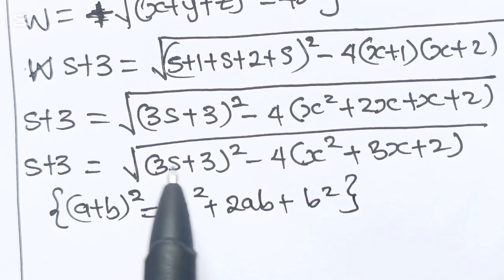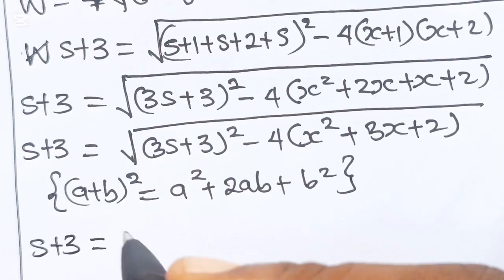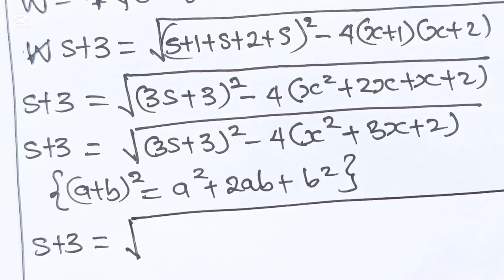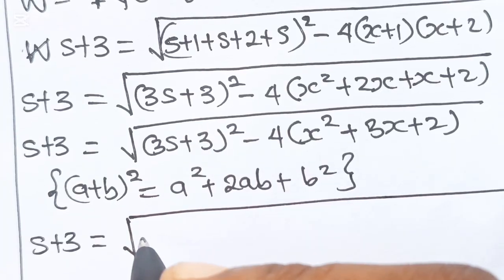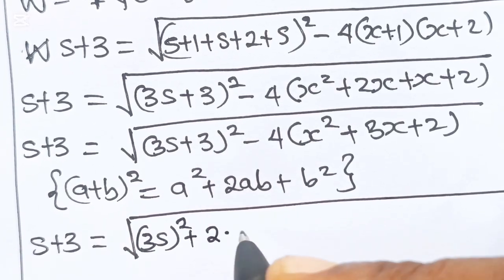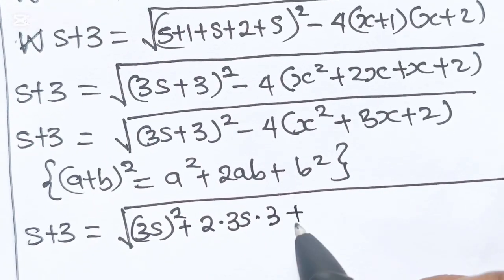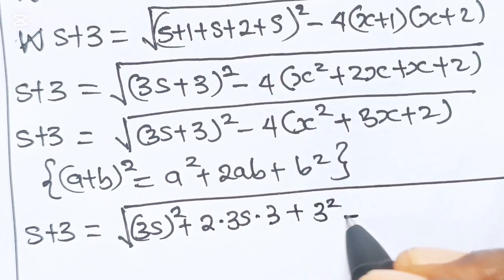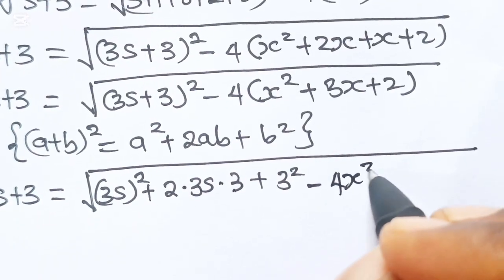So if we expand this more, we have s plus 3 is equal to the square root of, this will be 3s squared plus 2 multiplied by 3s multiplied by 3 plus 3 squared, minus, now this side will give us 4x squared